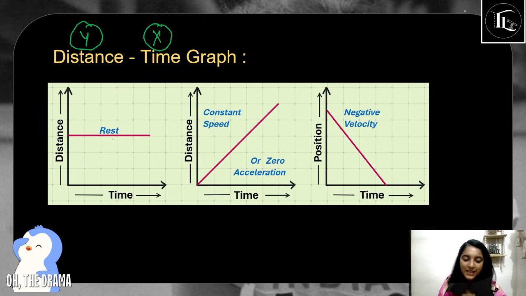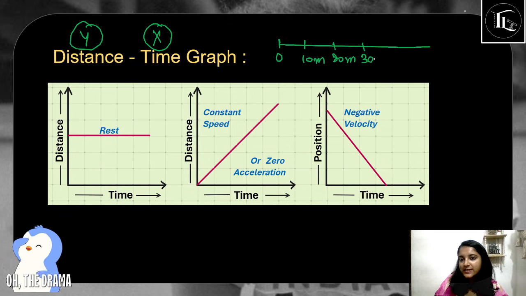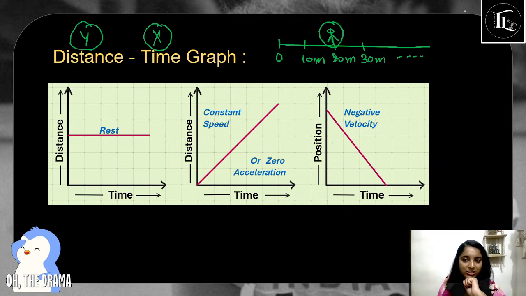So we see that if we have this graph, with time the distance is the same, it's not changing. So if I say that, okay, this is a path starting from 0, this is like 10 meter, this is 20 meter, this is 30 meter, and so on. And there is a person that stands on 20 meter. And after 5 minutes, it's again at the same point. At 10 minutes, again, it's at the same point. Time is passing by, but the position isn't changing. Then we say that, okay, the body is at rest